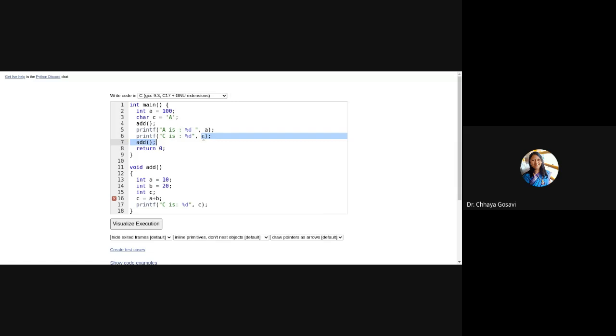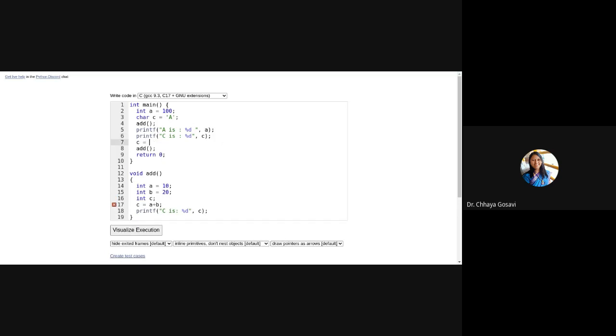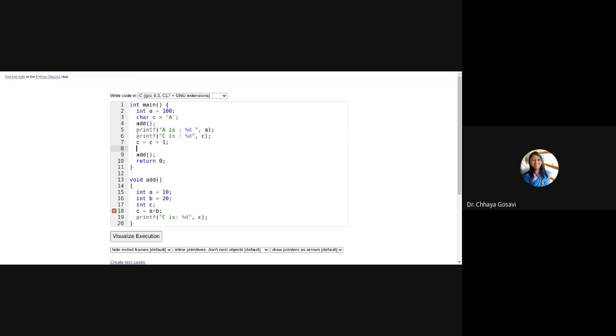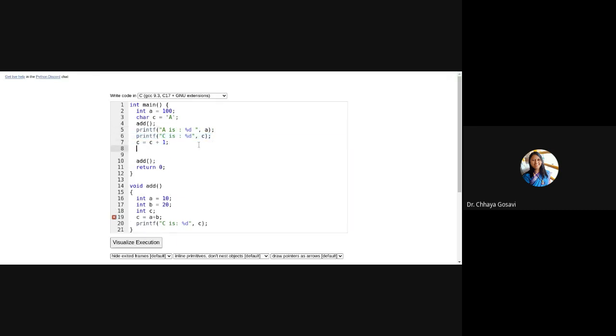If you do c equals c plus 1, I am performing an arithmetic operation on a character variable. And now I am printing it in character form. What will it print, whether it will print 65 or what? Just comment this part.